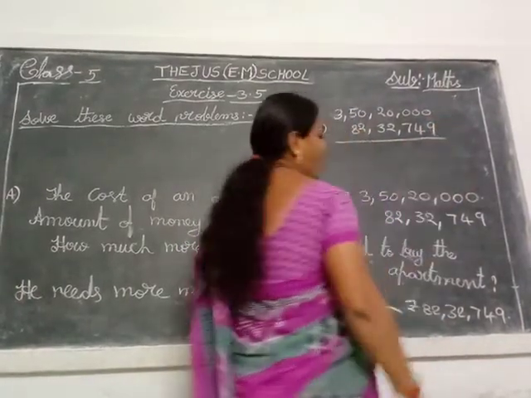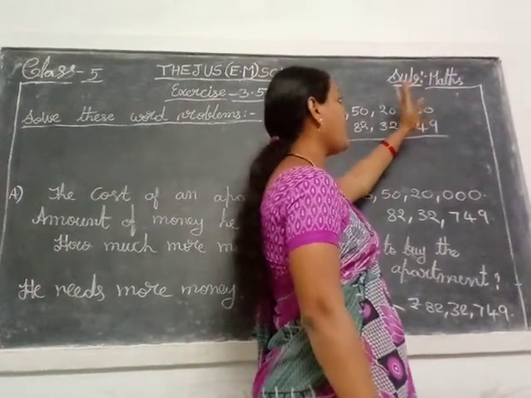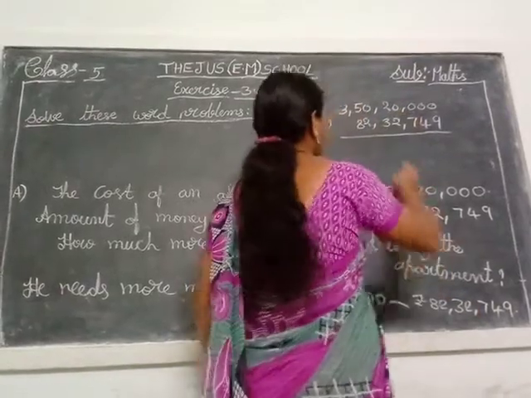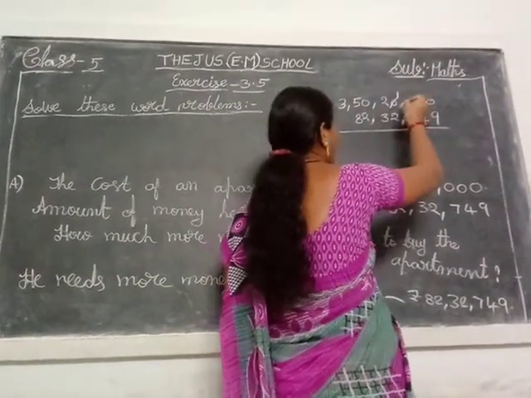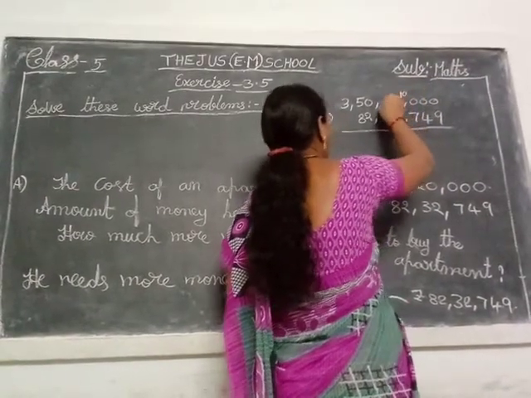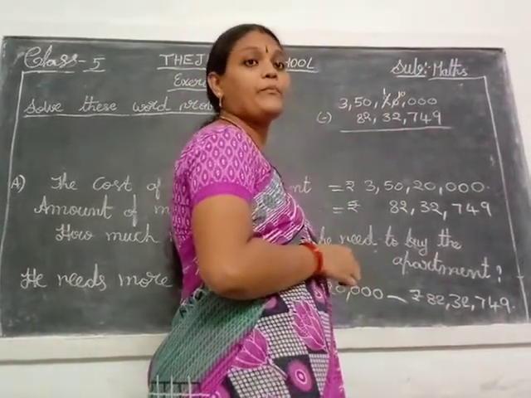0 minus 9 not possible. And taking the borrowing also not possible. So remind, the last 0 is here. Fourth place. So this 0 is taking the borrowing from 2. One number. That one means 10. 10 plus 0, 10. This 2 already gave one number borrowing, so remaining 1 is there.